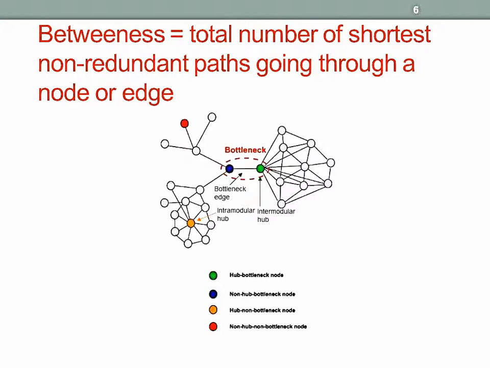Essentially, betweenness means that if we have a node or a gene, one of these circles, when we score them, let's look at the different pathways connecting these different entities, going through any one of them, and try to pick out the ones that seem to have the greatest number of the shortest non-repetitive paths going through them. The reason this becomes important is if you look at this diagram,